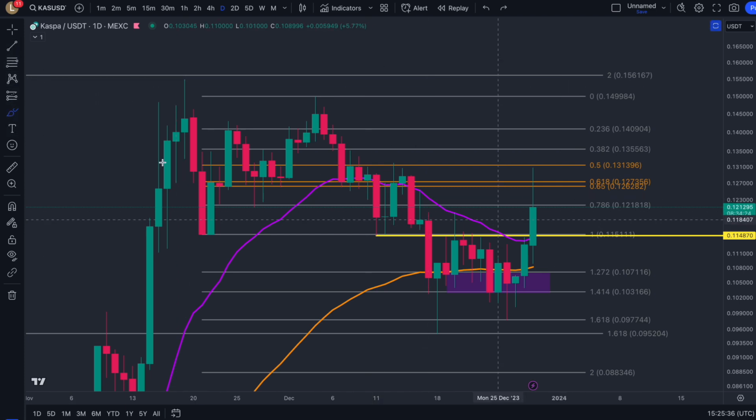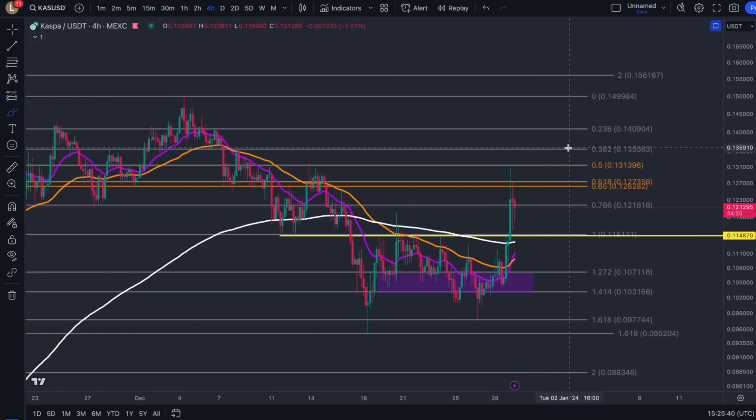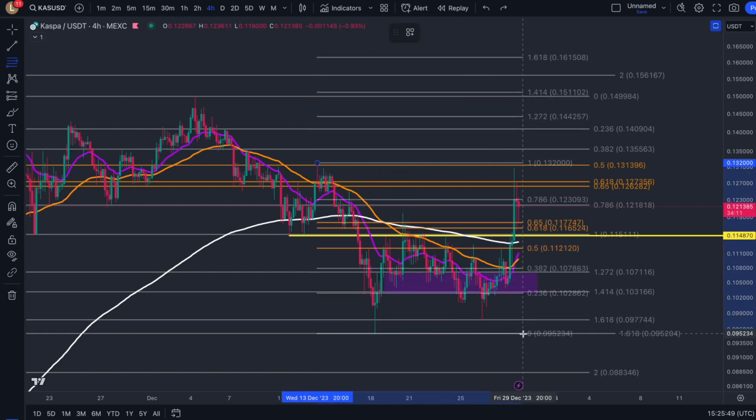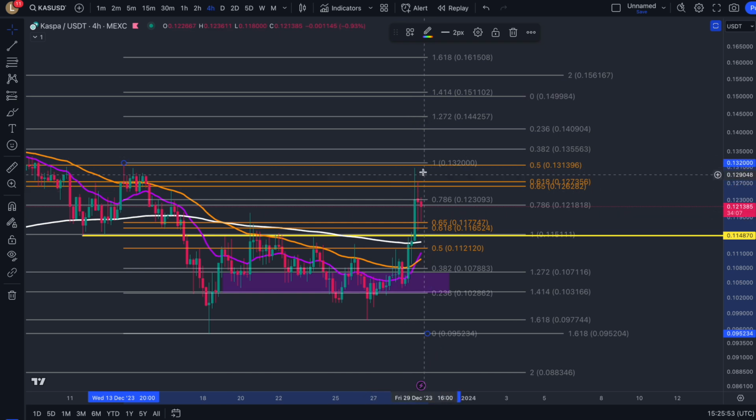So what needs to now happen, if we go over to the 4-hour time frame, as we've tested the golden pocket first as resistance, we need to come back down. So we've retraced back up to this high. Essentially what I'm going to do is show you this new set of fibs showing where we have already pulled back to. So we've rejected this golden pocket, which was also retracing to this high,